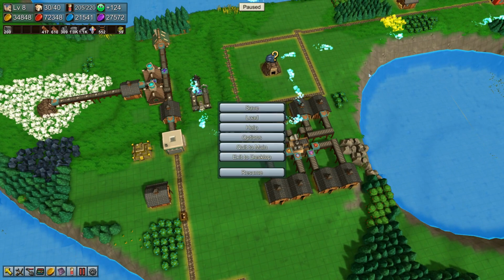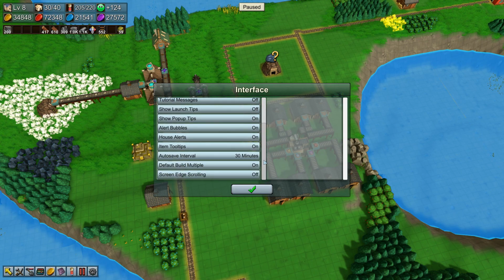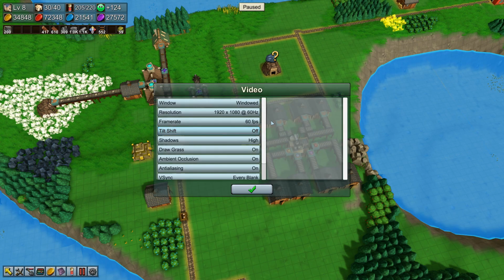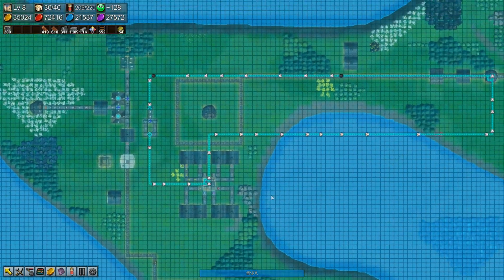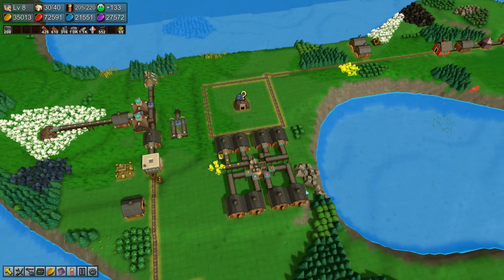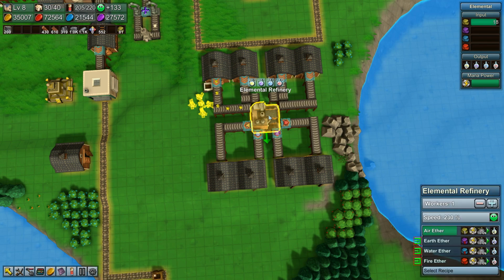Great. Right. Can I turn off the mana overlay? Sure, there was a way to. Video mana transmission effects off, because although they look pretty, they do get in the way. So there we go. Right, that's now doing its thing. Cool. Righty dokie. Okay, so you're taking the air and putting it there, and then you are producing